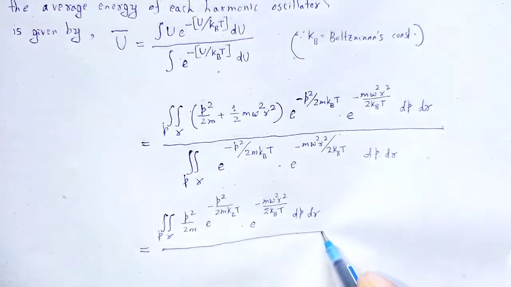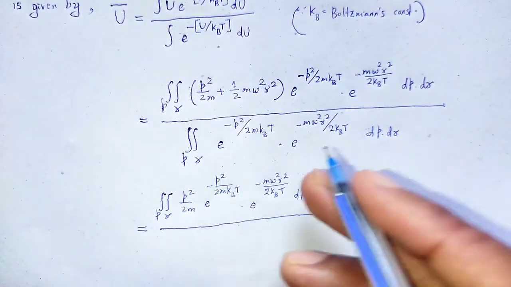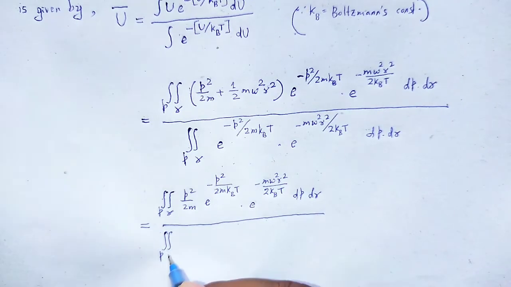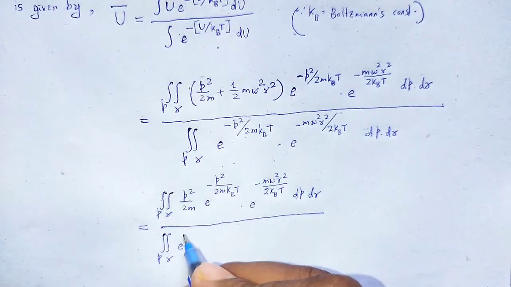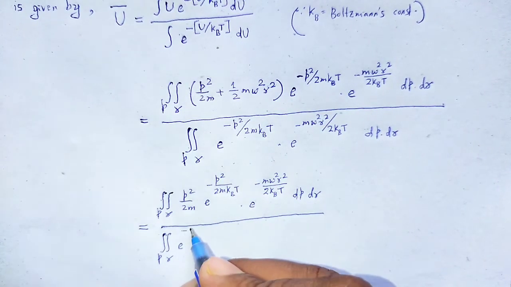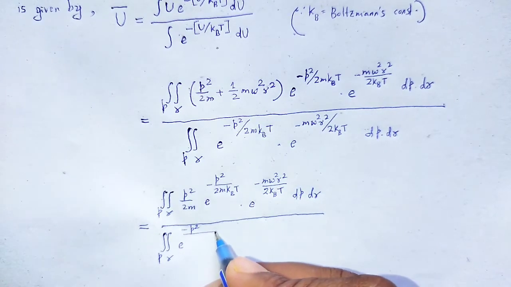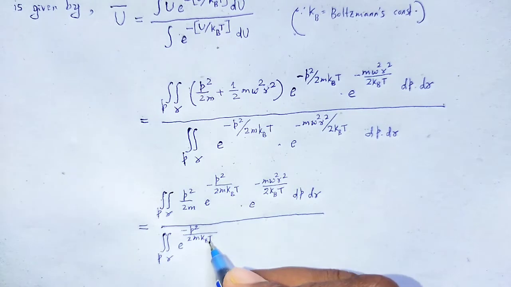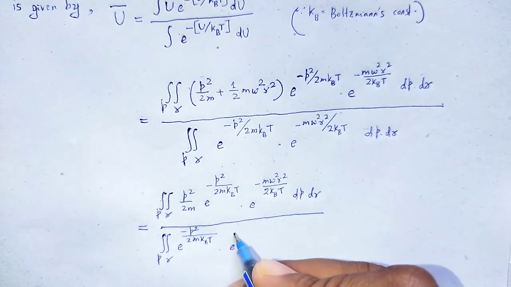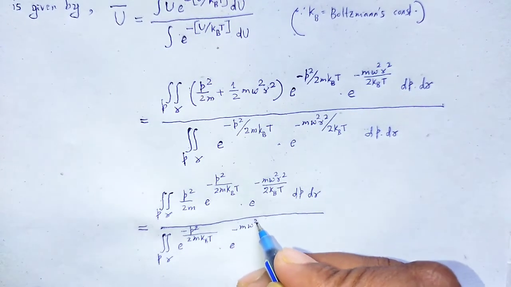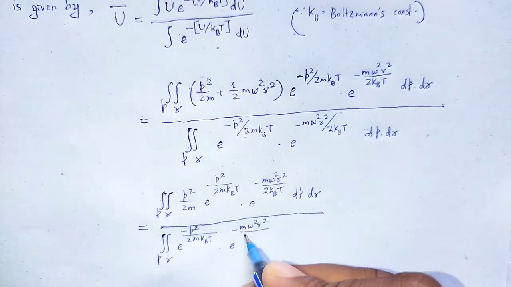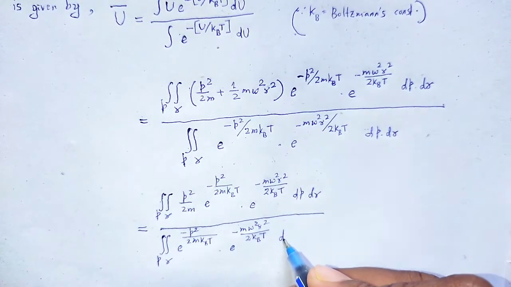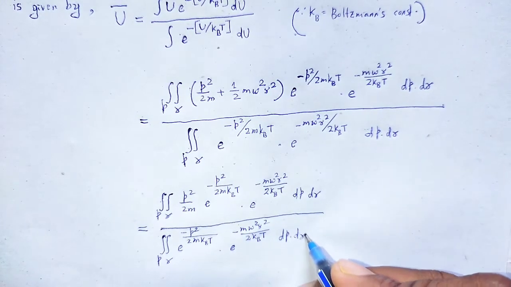divided by the term, double integration over p and r of e to the power minus p square divided by 2m kBT into e to the power minus m omega square r square divided by 2 kBT dp dr,